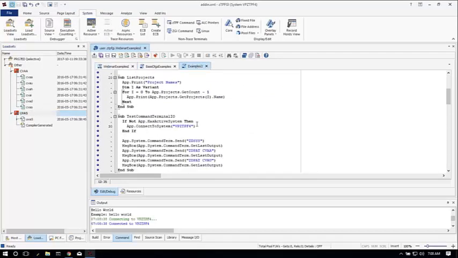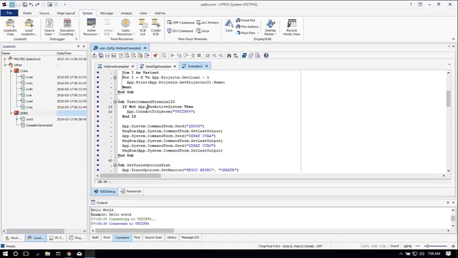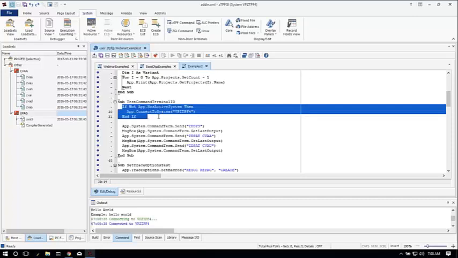And I think there's an example of that down here. Okay, here's an example: if not app has active system. So if you're not connected to a system, then connect to a system. You can do that so that you're not trying to connect to a system twice. You know that you're already connected. So that's a little statement you can put into your